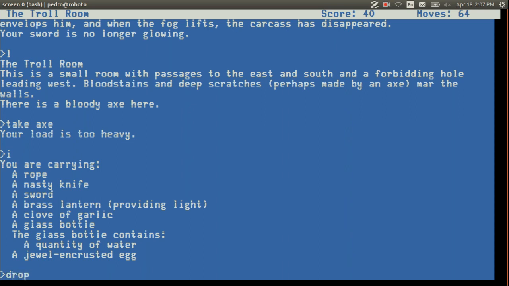Drop garlic, eat garlic. We're having a philosophical discussion here. Some people want to eat the garlic or drop the garlic. Zach is saying, don't eat the garlic. Why, Zach? Vampires, dude. Yeah, vampires, right?